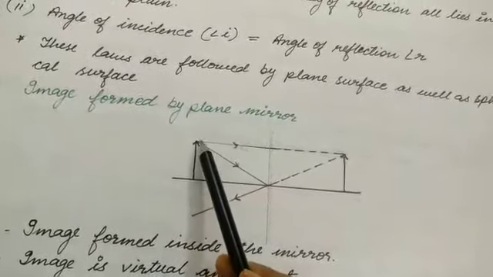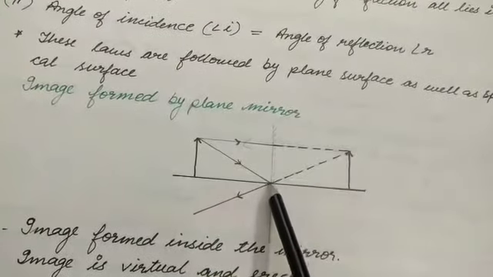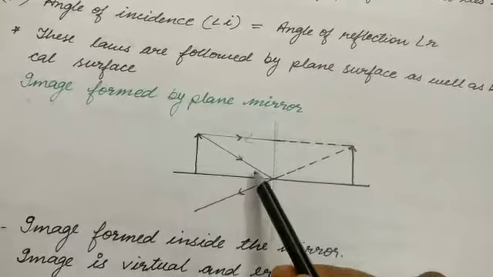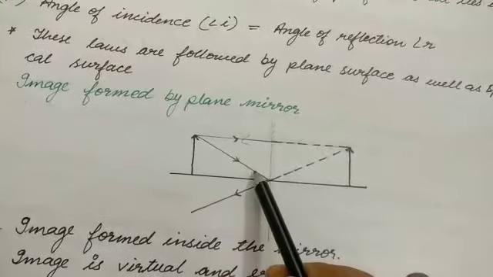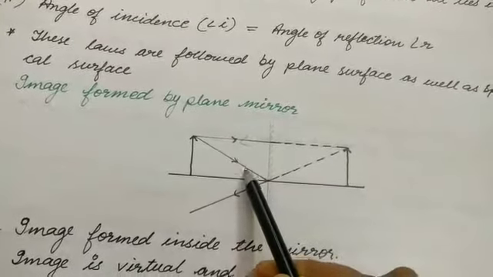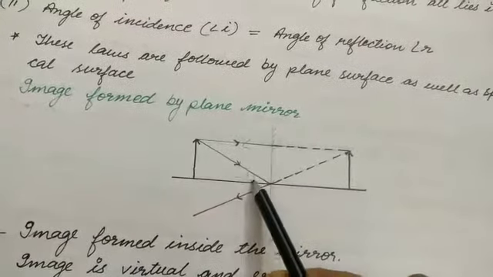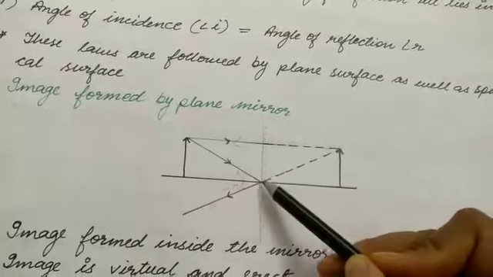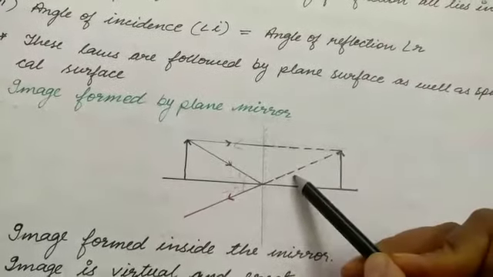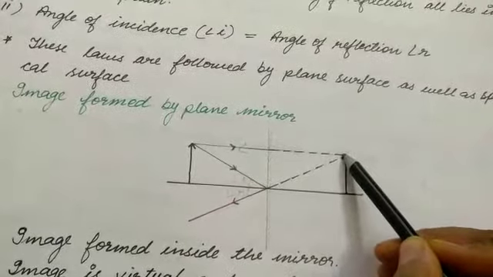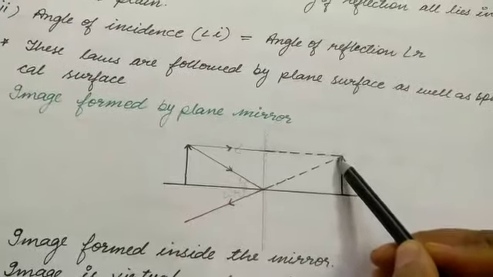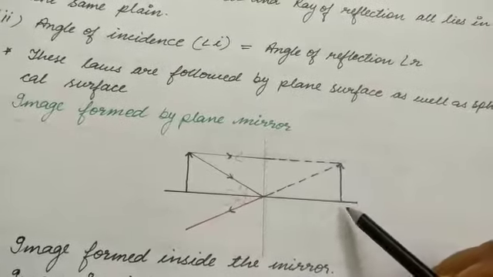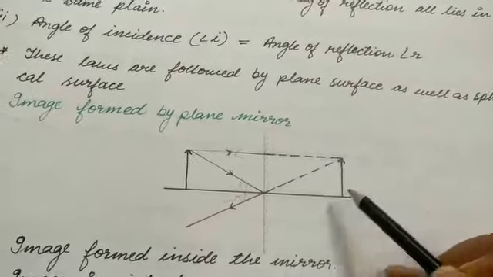While the light ray which struck at the middle point of the mirror reflects at the same angle. This line is behaving like a normal. So whatever the angle of incidence is here, at the same angle this light ray will be reflected. And if we grow it back, these two imaginary lines will meet at a certain point, and wherever these two lines intersect with each other, the image will form there only.